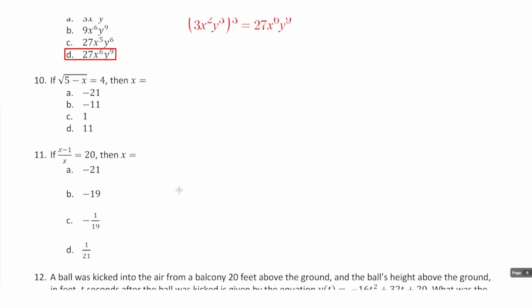Number 10 says if the square root of 5 minus x equals 4, then what does x equal? Well, the first thing we want to do here is to isolate x, square both sides. But before we go any further here, any problem that's just a solve for x problem like this, where you're just trying to figure out what x is, you want to take advantage of the fact that this test is